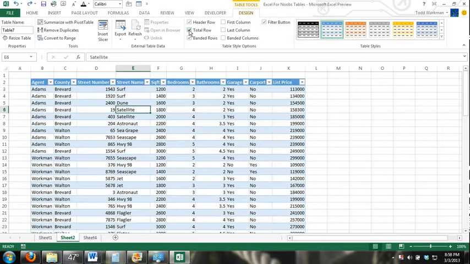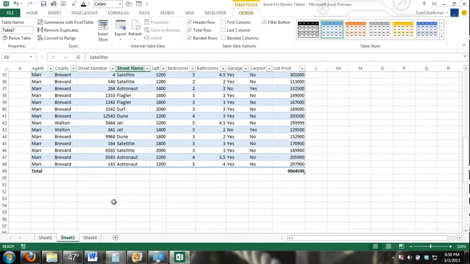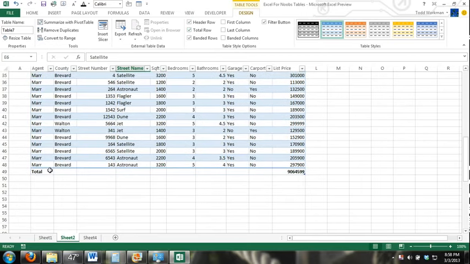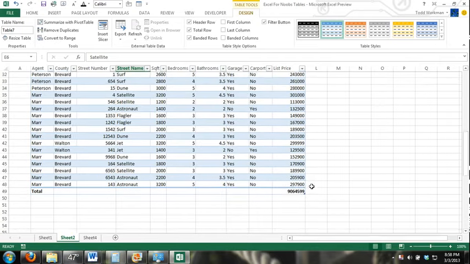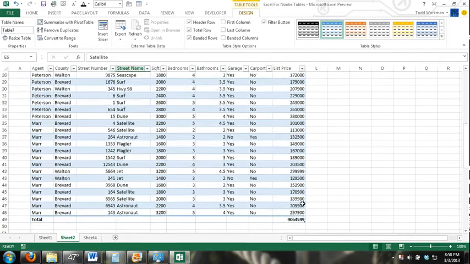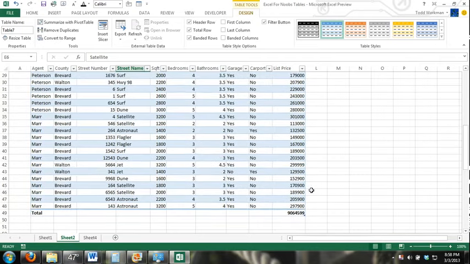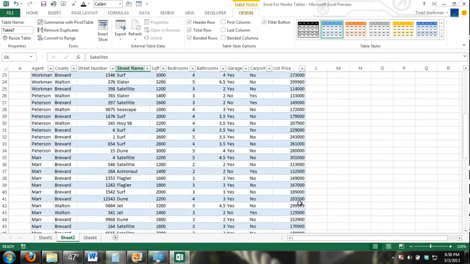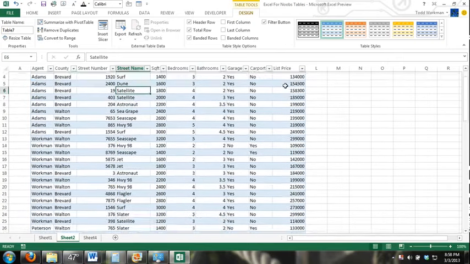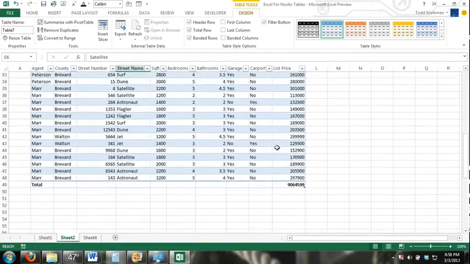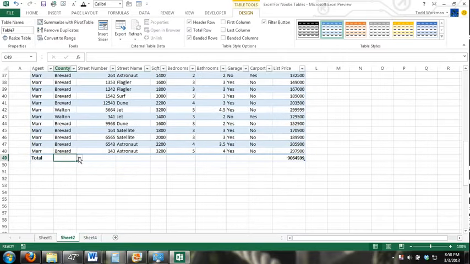Okay, the total row, if I were to check that, it doesn't do that by default, but it adds a total row to the very bottom of my table. You can see right here in the very bottom right cell of the table, it automatically summed up the list price. In every single cell in the total row, I have options of formulas. I don't think that there's a formula that I would want to use for counties